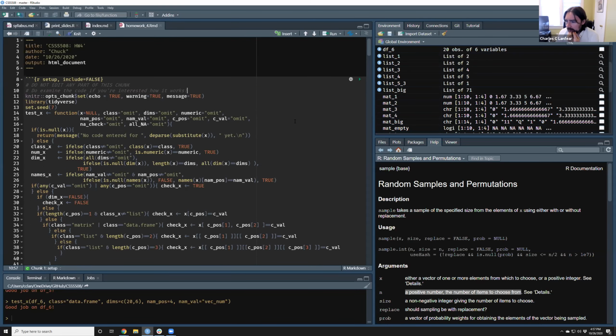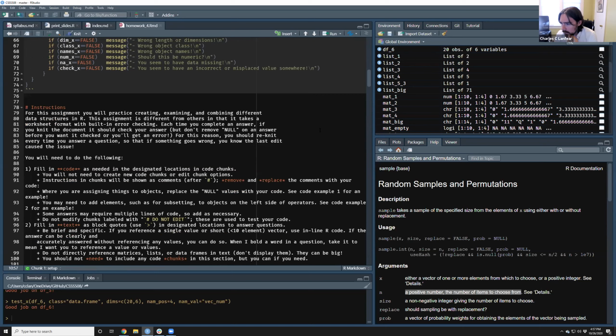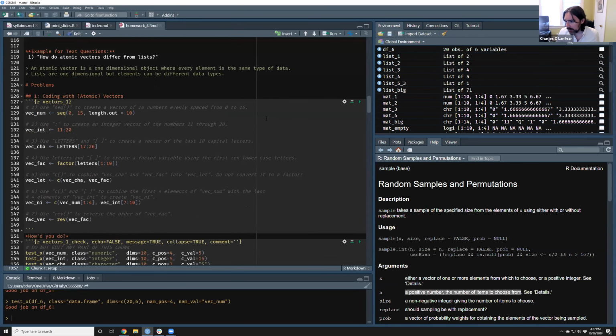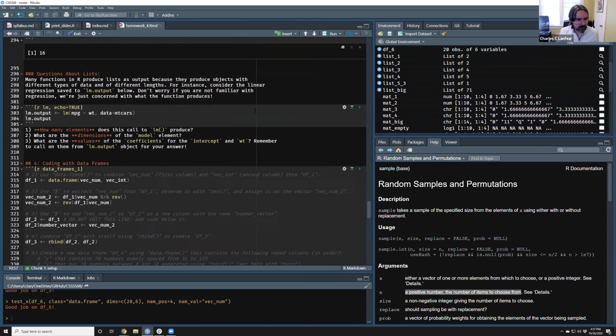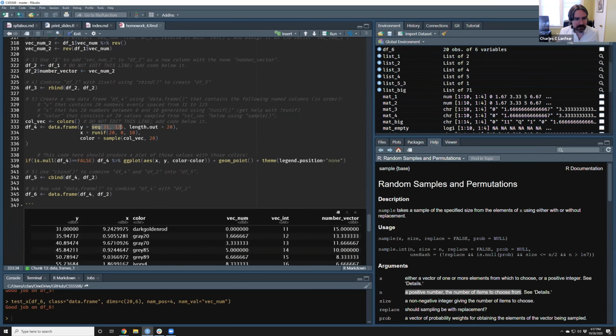Ah, unexpected in df4. Yep, yeah, the reason for that is you have your length.out equals 20 outside of the parentheses for sequence, and also you've done sequence there with a colon instead of a comma in between the numbers. So you probably want it to look more like this right here.